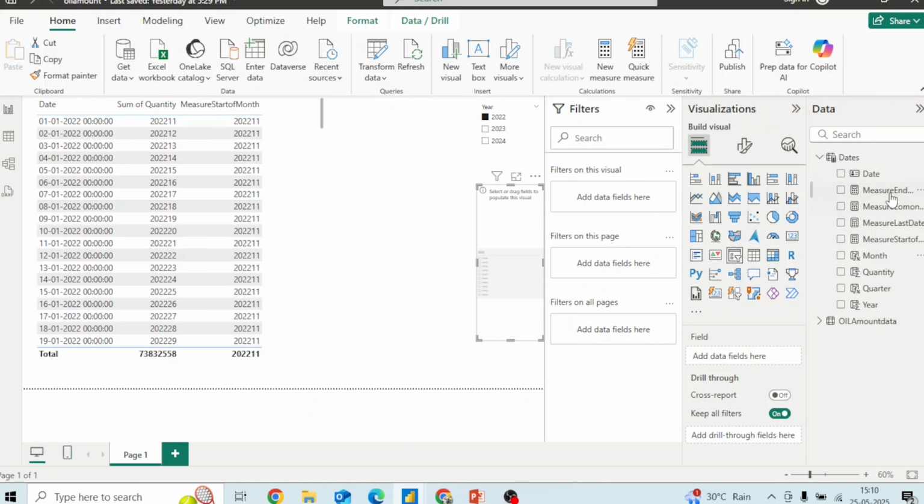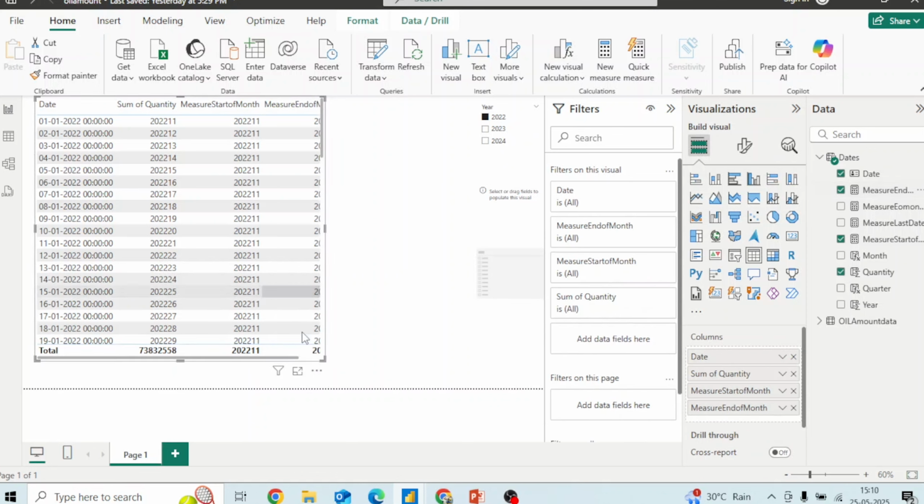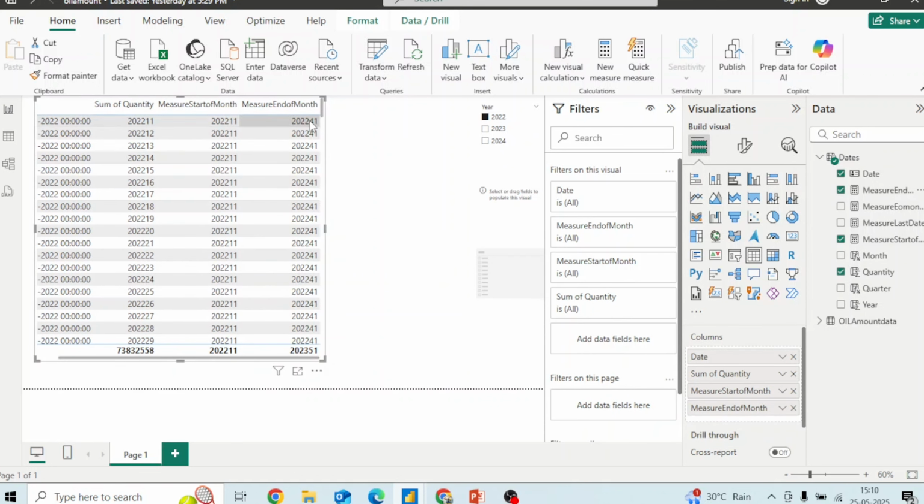Now let us look at the end of the date. End of the date is exactly the opposite, right? It will give you the last date for that particular month. So if I drag and drop this here, okay, you will see this will give you the